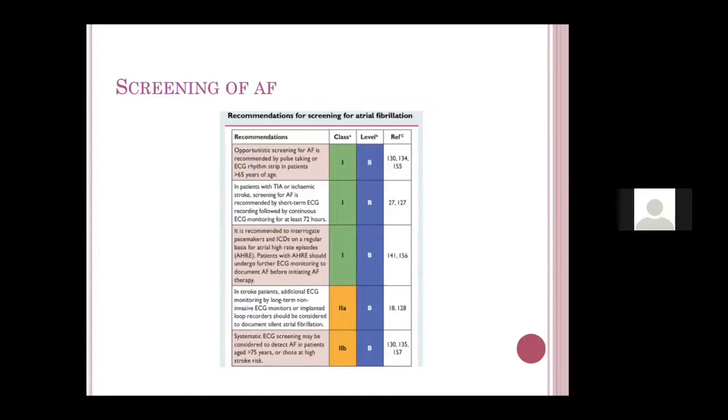And when do we call a patient has AF on a Holter? Suppose a sinus ECG doesn't show AF and a Holter rhythm shows 30 seconds of AF. If it is 30 seconds also, then you can call it AF. But less than 30 seconds is usually clinically not much significant. So 30 seconds is where you decide to call it AF. And in many patients who have undergone ICD or pacemaker, you can look for high rate atrial events to see for AF.